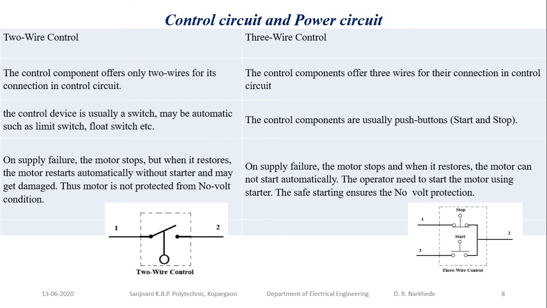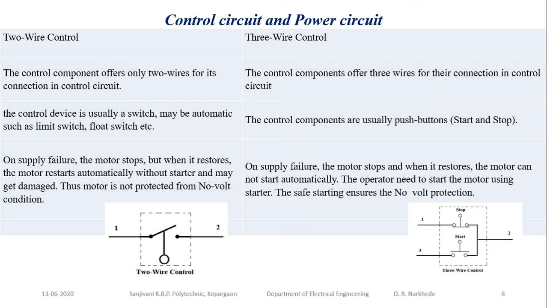If a person is operating a saw machine in which he is going to cut wood, the person is cutting a wooden block. Because of a certain reason, there may be a power cut and the machine will stop. The operator is going to relax. He has put his hand over there and is just discussing with his friend or something. Suddenly the power will restore. When the power is restored, the machine will automatically start,